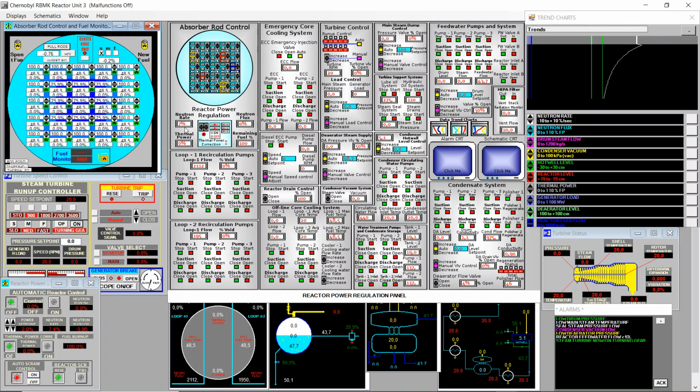Okay, we went to 8%. That was a bit dangerous, so we got... No, we didn't get the alarm. Okay, anyway, we should not surpass 8%. Okay, we're at 6%, and now I will click hold to avoid going above 8%. Okay, now I just click hold, and we see the trend going down. The neutron flag is still 0,